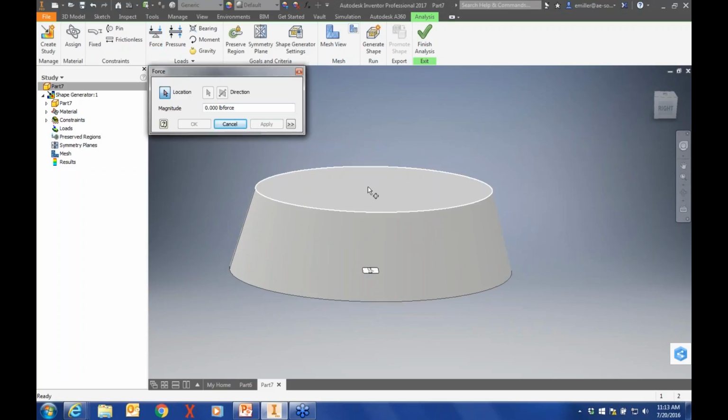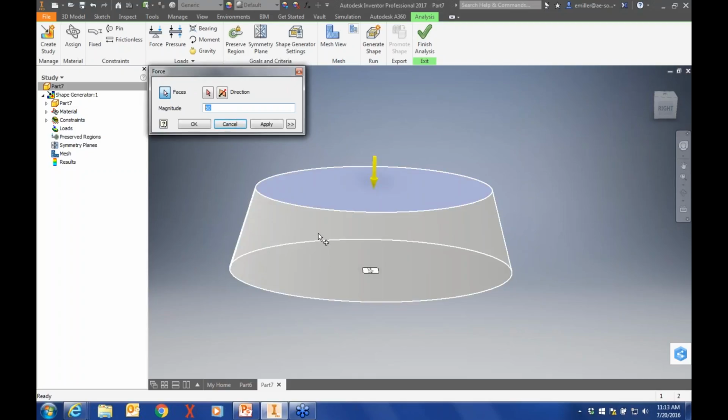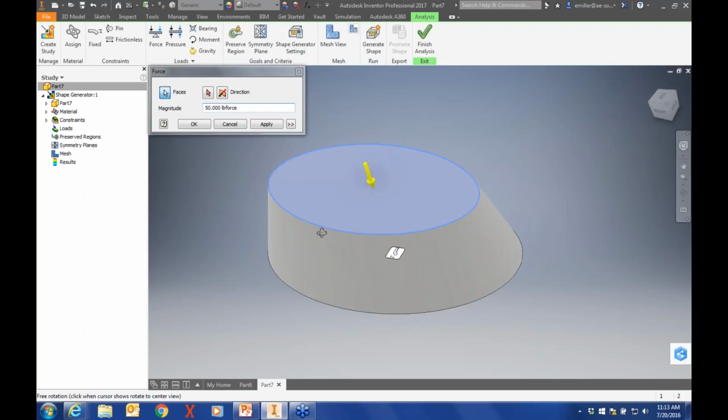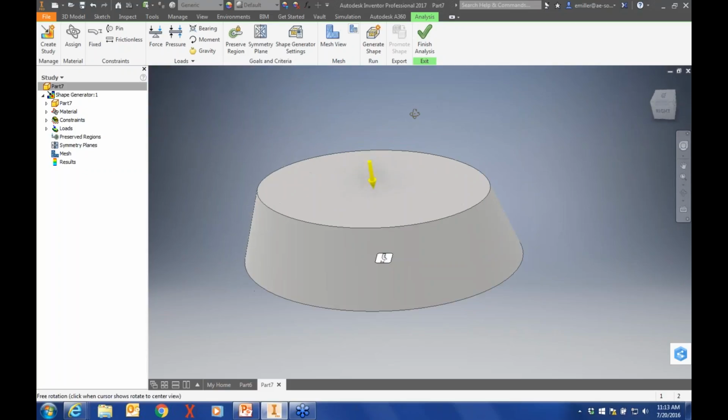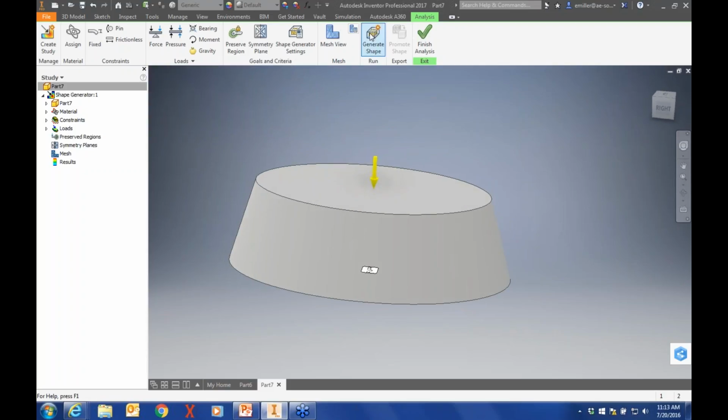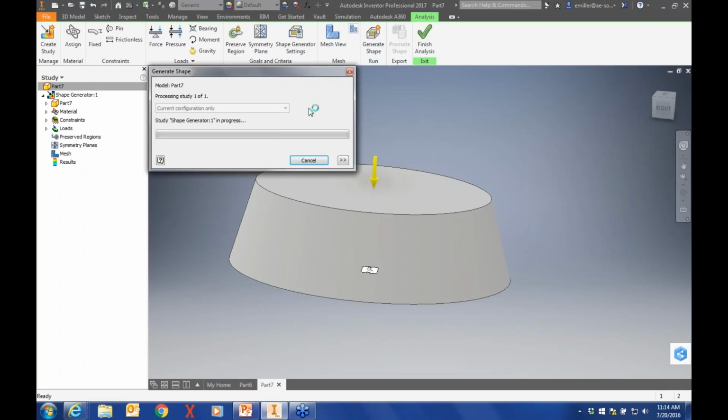Based on the force, it's got to generate a shape inside that can still withstand that and still maintain the part's integrity without any issues. So we're going to put, I don't know, 50-pound force maybe on the top of this thing. We'll place it right in the center, and I think that does automatically put it in the center of that. Okay, let's apply, and now we're ready to generate the shape. So I'm going to click on that. We're going to run,